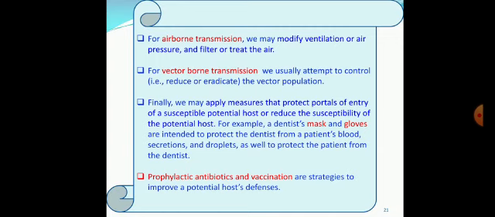Finally, we may apply measures that protect the portal of entry of susceptible individuals by wearing masks, wearing gloves, and also special precautions to protect individuals from the spread of infection. Also, it is important to prevent infection by prophylactic antibiotics, and vaccination are strategies to improve the potential host defense. Certain diseases are